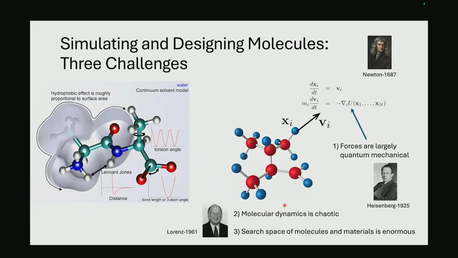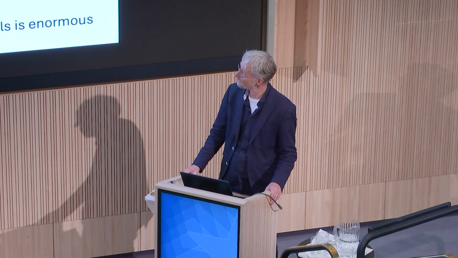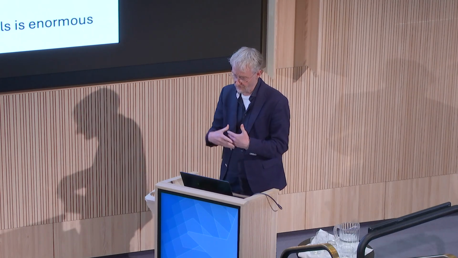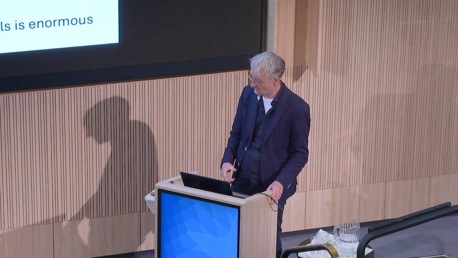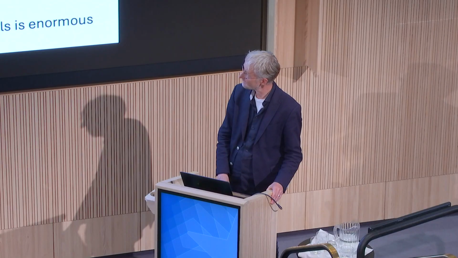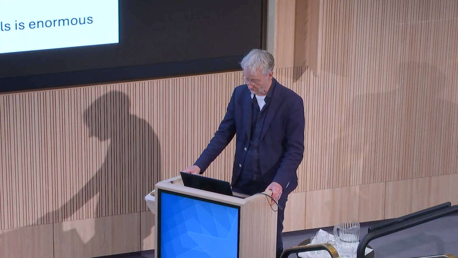And then the second challenge is chaos. Even if you have all the forces, it's not so easy to evolve it very fast, very far into the future. Like the weather, this is a very chaotic process. And so you very quickly have to predict probabilities over positions and velocities rather than actual positions. The deterministic prediction is very hard. And then the final one is if you want to search through this space, the search space is absolutely gigantic. And so you have to be very smart about navigating in this space to find the materials and the molecules